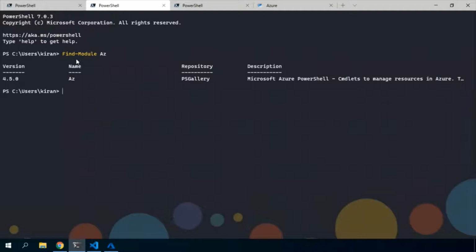However, this is the way you can use Find-Module, where right now the module version is 4.5.0. To install, you can use Install-Module -Name Az, where Az is the module name. I've already installed it, so I will not run this command. But if you have not installed it, it will take a bit of time to install all the modules associated with the Az module.